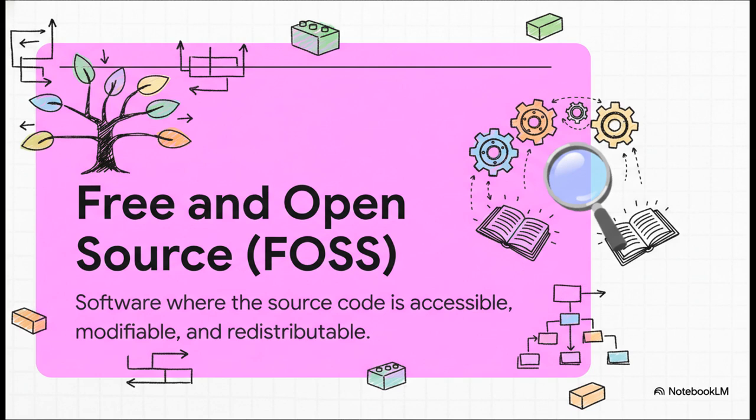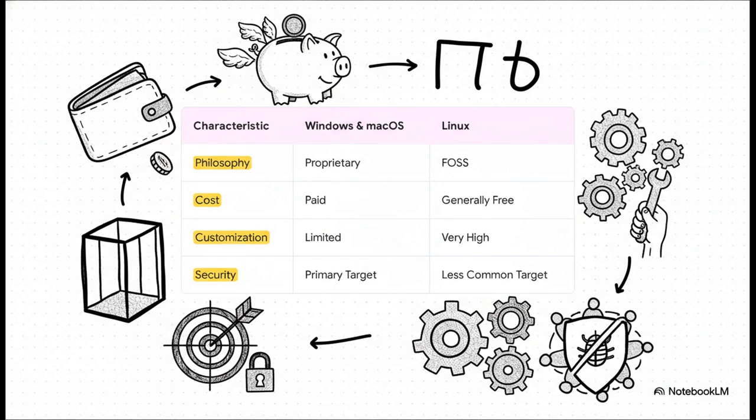That stands for Free and Open Source Software. Now think about it. With most software, the code, the actual blueprints, it's a lockdown secret. But with FOSS, it's the exact opposite. The blueprints are wide open for anyone to see, to learn from, to change, and even to share. And that one difference in philosophy? Oh, it changes everything. So let's break down what that philosophical difference actually means for you.